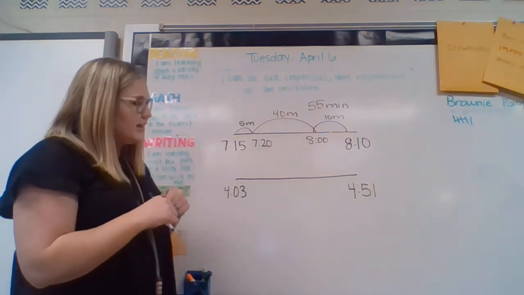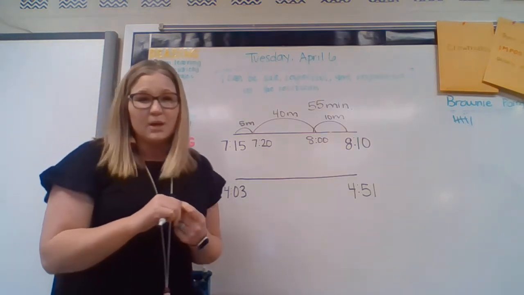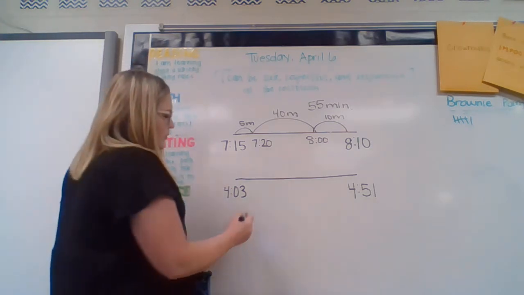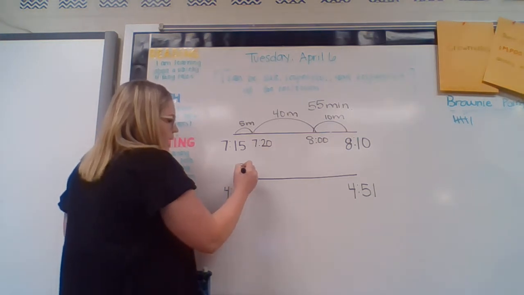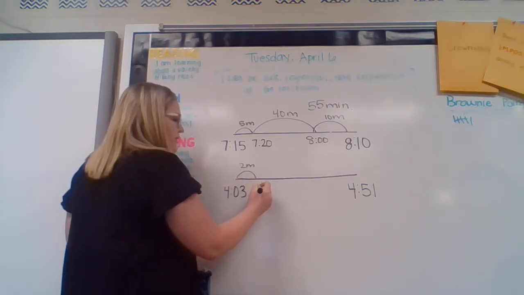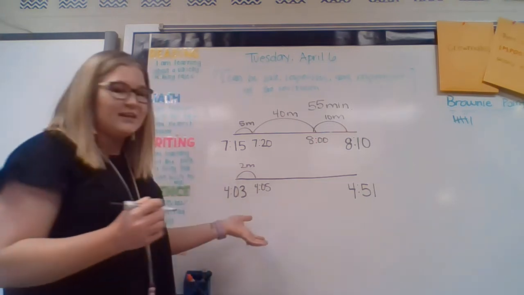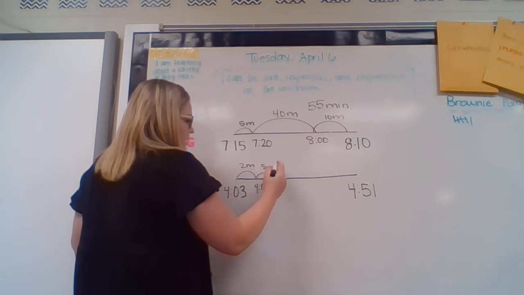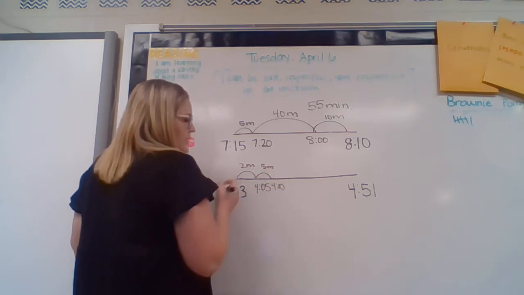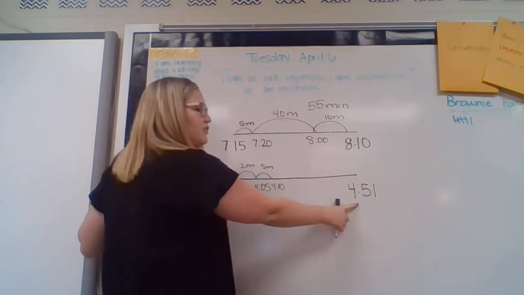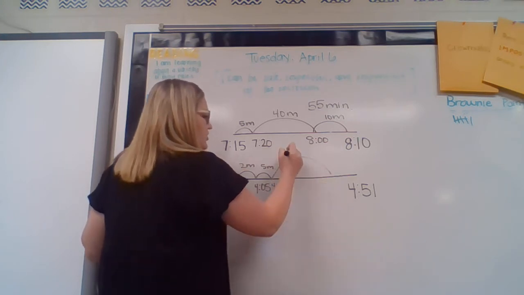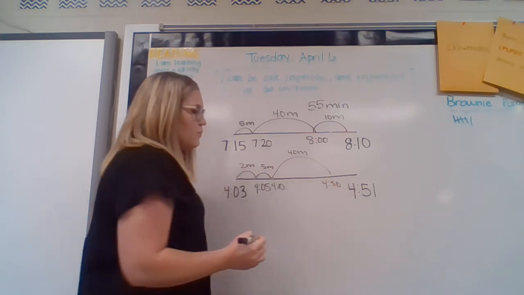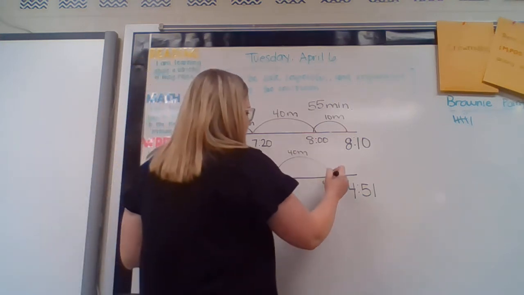Here we have 4:03 to 4:51. This is a little bit more difficult. They're going to have to take some smaller hops to get to more friendly numbers. So here we go from 4:03. Maybe I would hop 2 minutes to make it 4:05, a more effective number that would be easier to work with. Here we can then go maybe 5 more minutes to get to 4:10. I then know that from 4:10 to roughly 4:50, I could jump 40 minutes to get to 4:50. And then one more minute from there would be